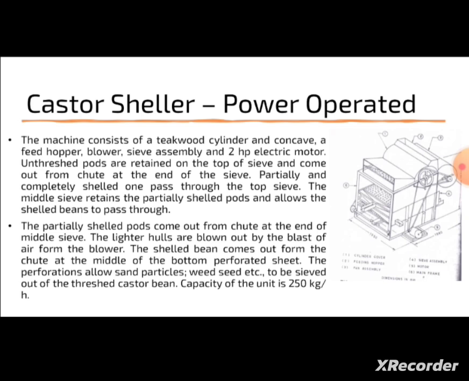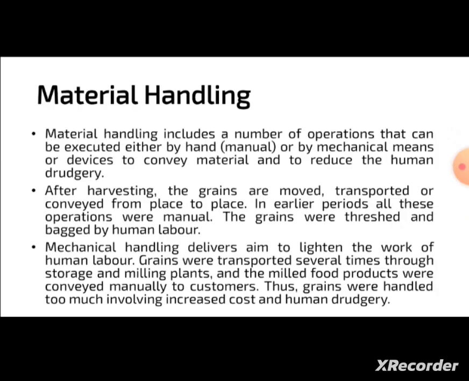The perforations allow sand particles along with seed to be sieved out of the thrust caster bean. Because this is operated by electrical power, the capacity will be much higher compared to the manual operated one, which is around 250 kg per hour. And after these products are shelled, graded and cleaned, the materials need to be handled, like transporting from one